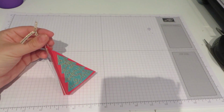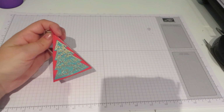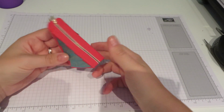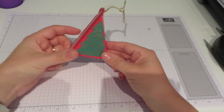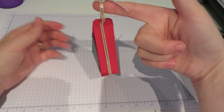Today's project, I hope you don't think it's too early for this. People have been asking, but it is Christmas. This is my first Christmas project of 2016. I hope you like it. I hope you don't think it's too early. Do let me know. It is a really cute little triangular treat box, present box that's designed to hang up